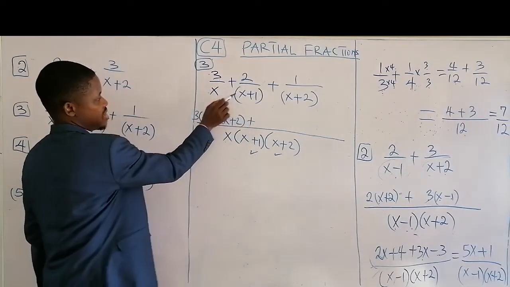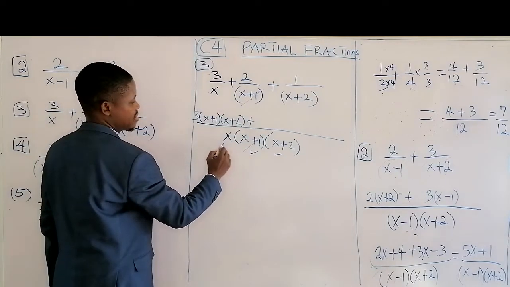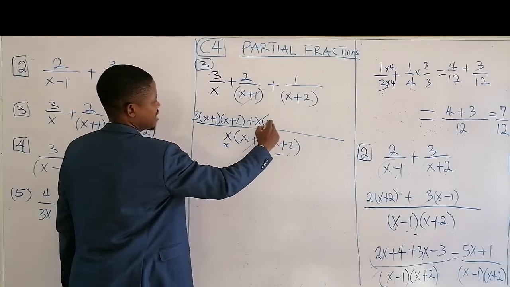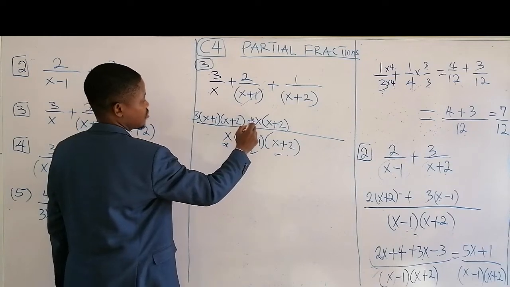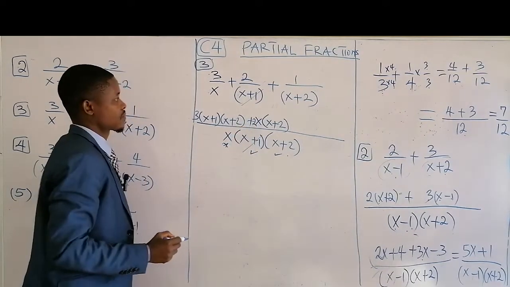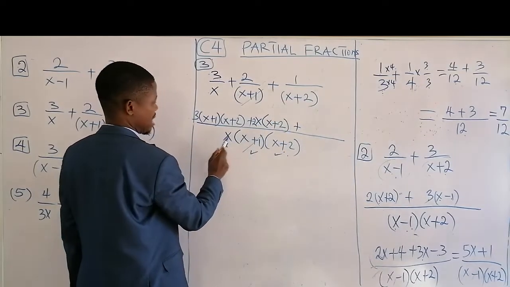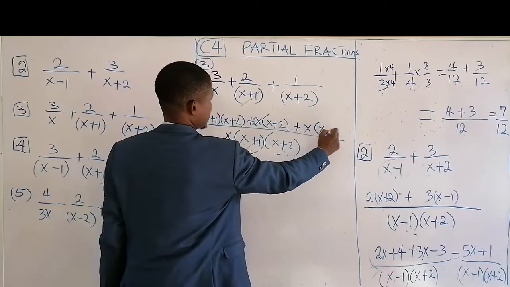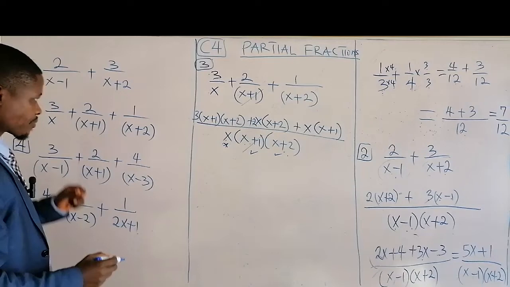Then plus here, this cancels. So it remains this one and this one. So we have x into bracket x plus 2 and then times the numerator, so times 2. So I'll put my 2 here. And the last one, this and this will cancel. So we have this 2, so times 1. So this times x plus 1, times 1. So that's what we have now.